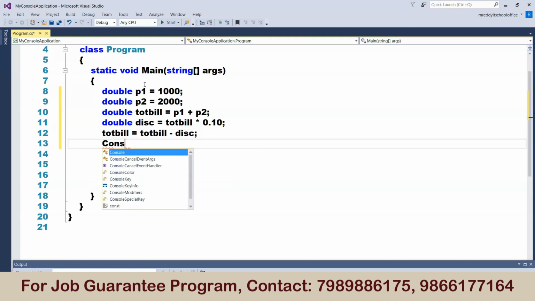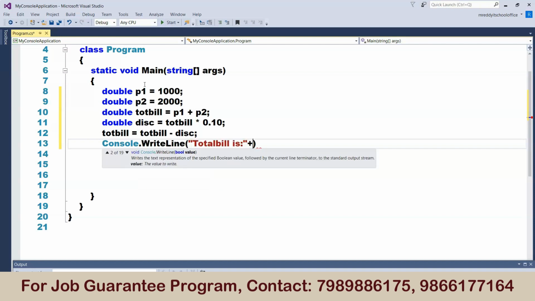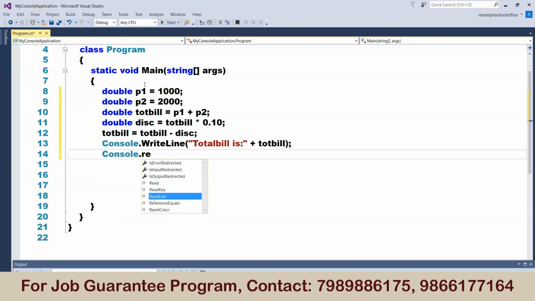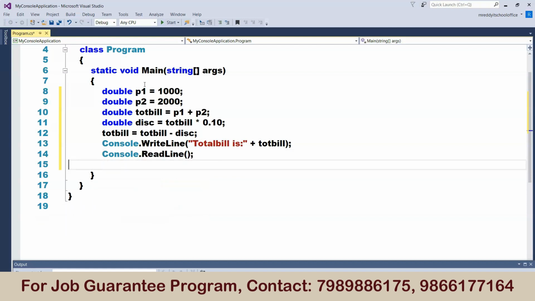Now console dot write line, total bill is total bill, console dot read line. Now after we write the program, build the solution